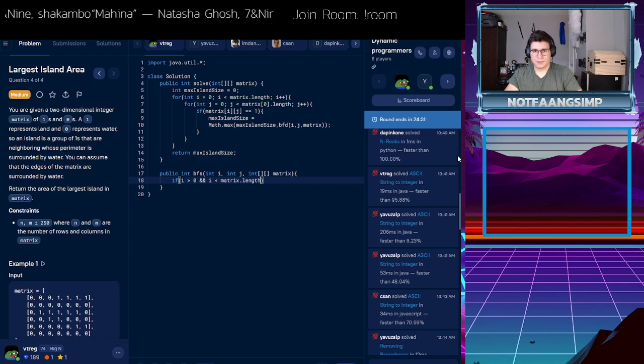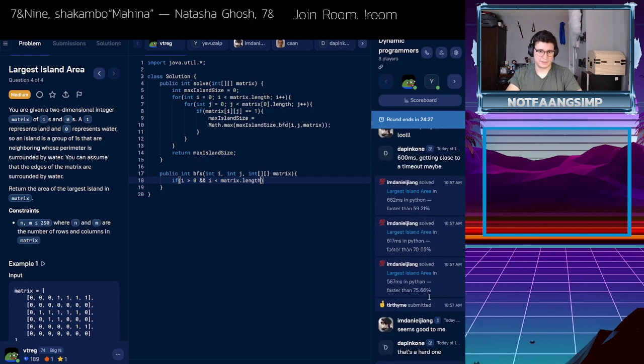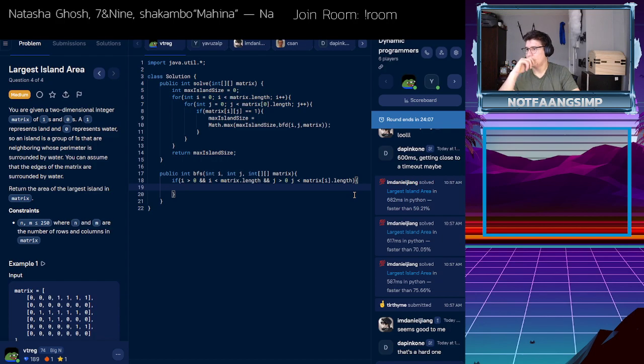Okay. Why is my... Let me drag this coding. There you go. Drag that a little bit so it actually fits. Getting close to my timeout. Goodness. Okay, I need to step up my game. And j is greater than 0, j is less than matrix at i dot length. Because here we've already verified that i is in range. So if